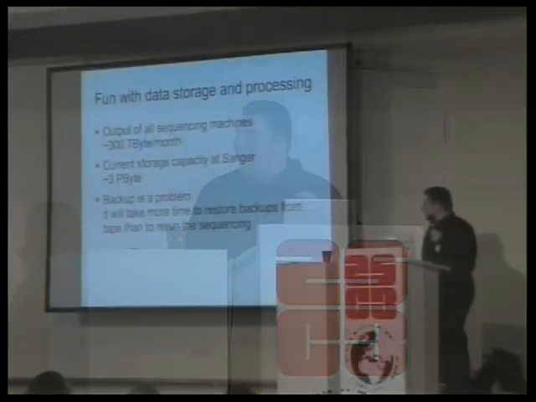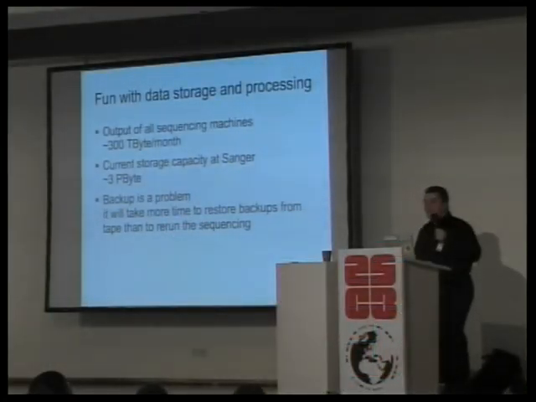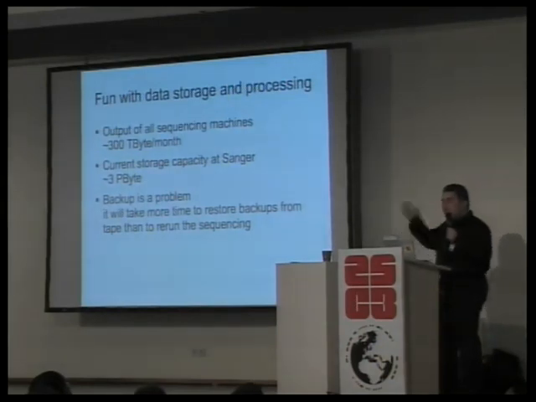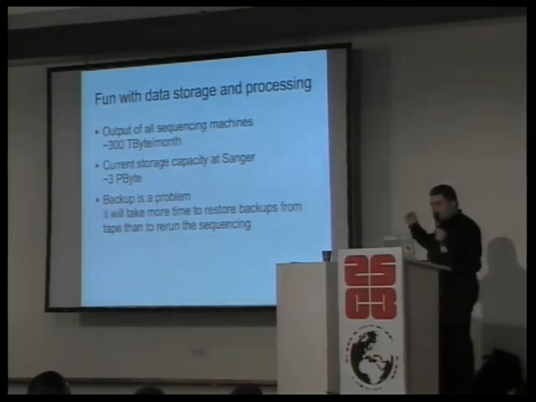Backup is a problem. They have robots to store the stuff on tape. So the robots are just changing tapes, putting the tape in. It's written, taken out. It has automated IDs and barcodes on it and all kinds of things. This is running 24 hours a day. But they have a backlog of, I think, half a year right now, which is not backed up. There's a mirrored hard disk, probably in the same rack.